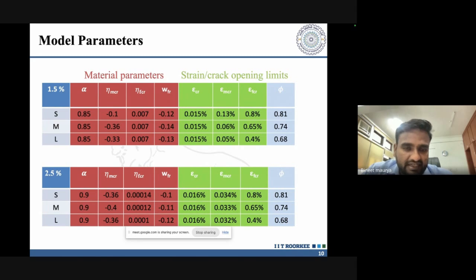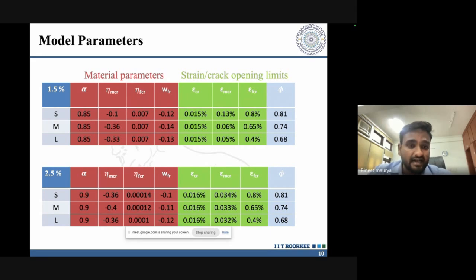Like material parameters are constant, but the strain limit or crack opening limit is changing, meaning it is increasing when we are decreasing the specimen sizes. And why is this happening? It is established that the relative fracture process zone length in smaller specimen sizes will be higher compared to larger ones. So the model is also aligned with the similar case, because here also we have found that the strain limit or the crack opening limit is higher for smaller specimen